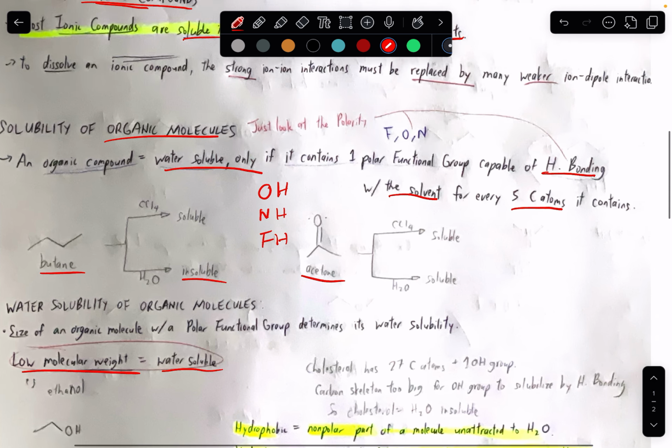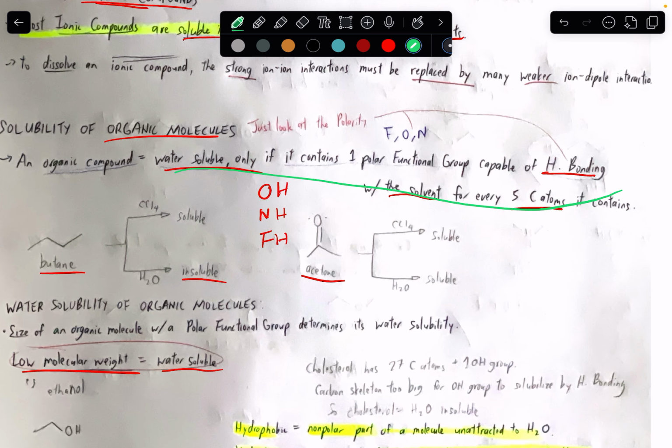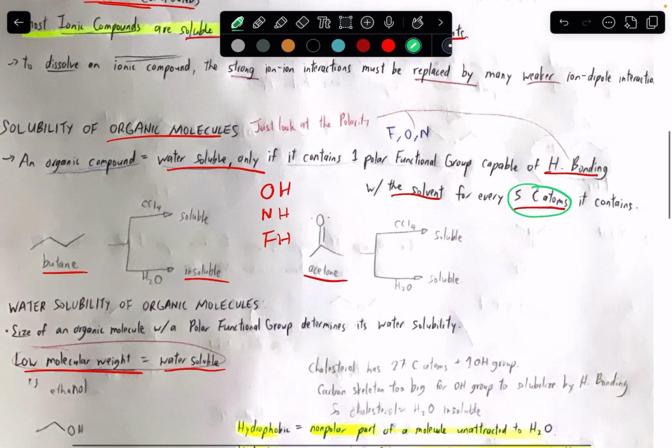So, it's basically an extension of this condition. So, yes, it is water soluble, yung organic compound natin, kapag it is capable of hydrogen bonding. But there's a limitation. Diba I said kanina, 5 carbon atoms. Dapat less than 5 or equal to 5 lang. Kapag humigit ng 5 carbon atoms,